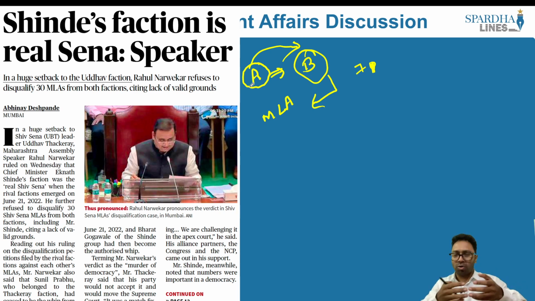Because we have won more than 100 seats, ideally we should have been the candidature for the chief minister's role. But then Shiv Sena was insisting that it wanted to have one of its members as the chief minister. So there were differences between both the political parties, BJP as well as Shiv Sena.